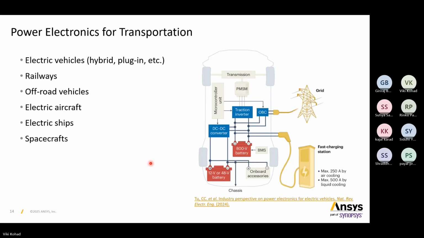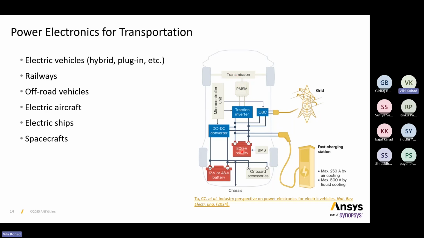And power electronics for the transformation that you can see. This is the electric vehicle example. You can see this is your transmission, this is your PMSM motor, this is your traction inverter, and this is your battery. Now you can see here the battery is connected to the traction inverter, and then this inverter is connected to the PMSM motor. Means this is actually your driver. This one is your driver, like the PMSM motor is your driver, and then it connects to the transmission